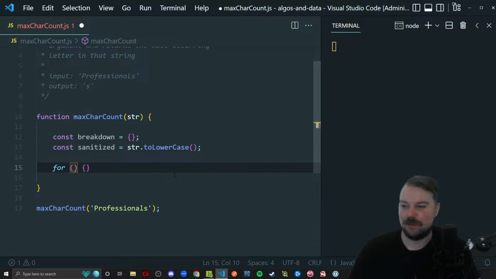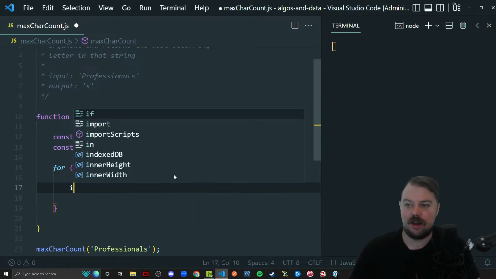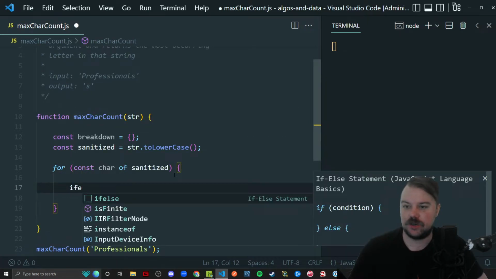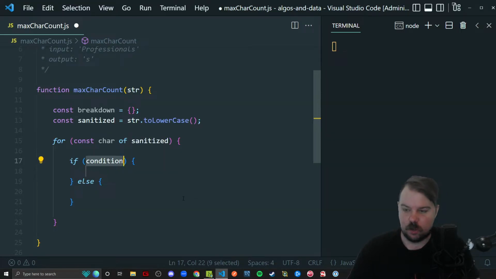The chaos is worthwhile. Let's go ahead and loop through that sanitized string. And this is where we had our if-else logic. This is a shorthand, right? Where I said, if